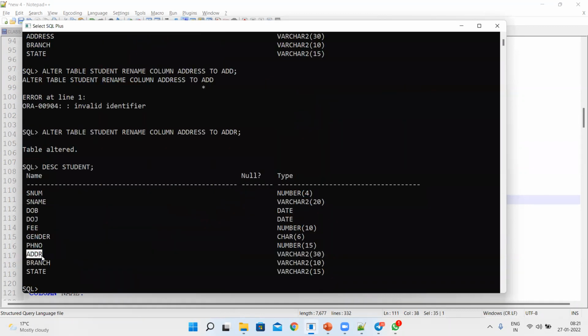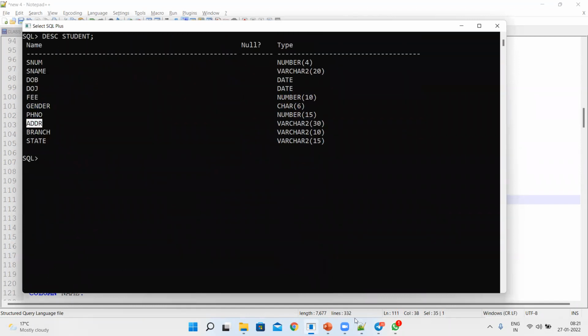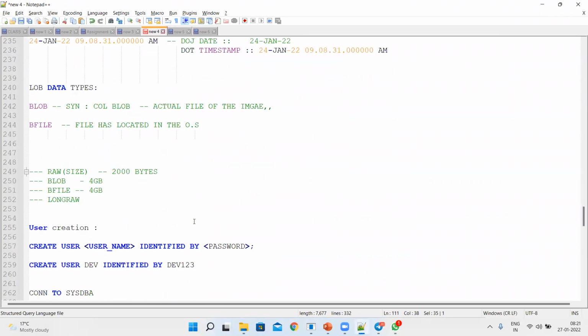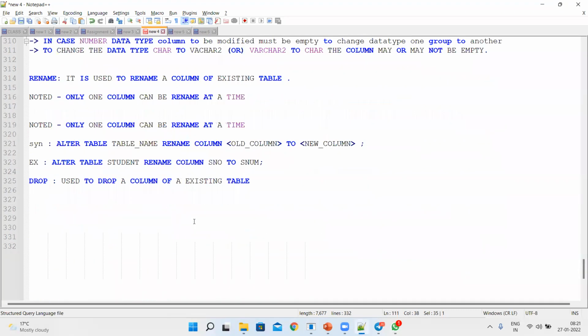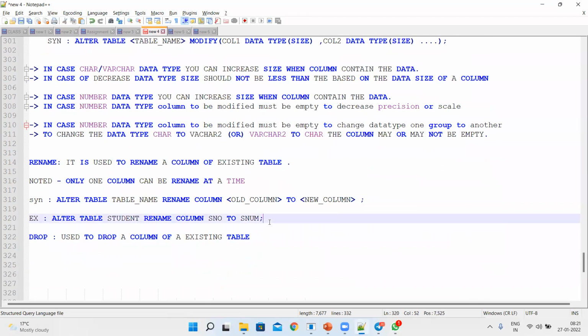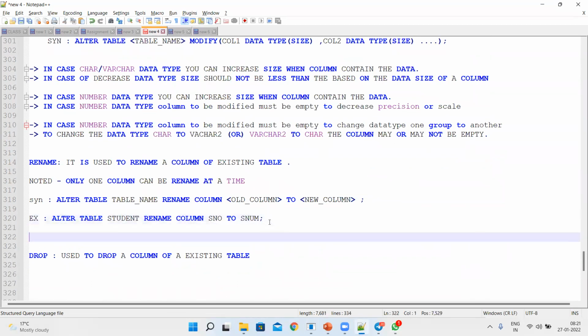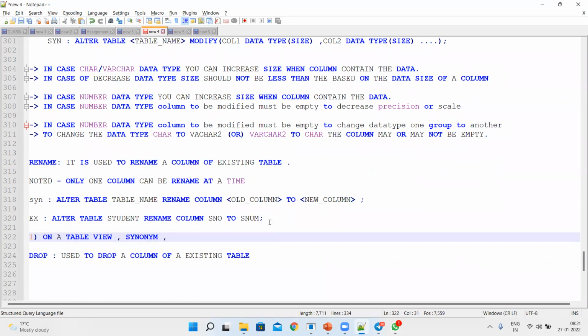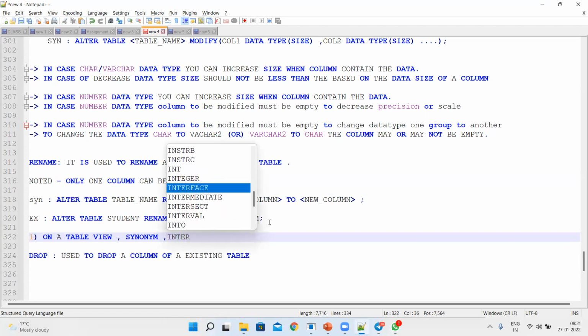See, ADDR. Now there are some cases which you need to remember. These are very important because in real time, everything is dependent on some other things. The first point which you need to remember: on a table, view, synonym. These are all database objects, guys.